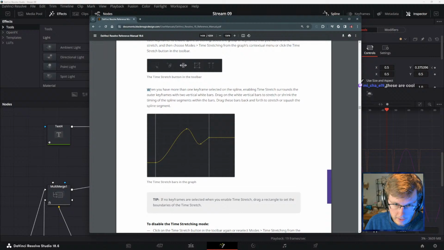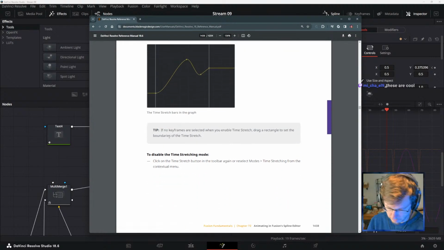Good to use. And then when you have more than one keyframe selected on the spline, enabling time stretch surrounds the outer keyframes with 2 vertical white bars. Drag on the white vertical bars to stretch or shrink the timing of the spline segments with the bars. Drag these bars back and forth to stretch or squash the spline segment.